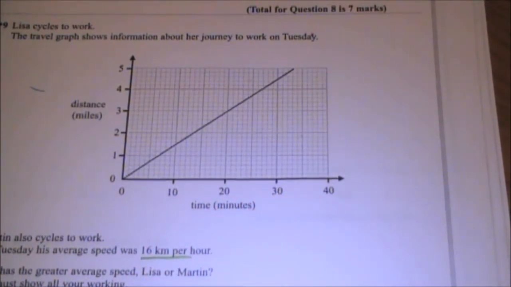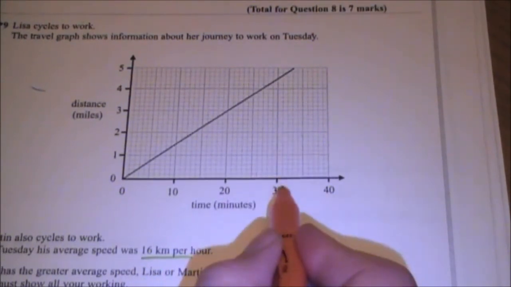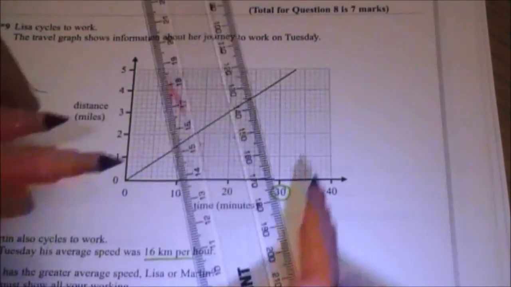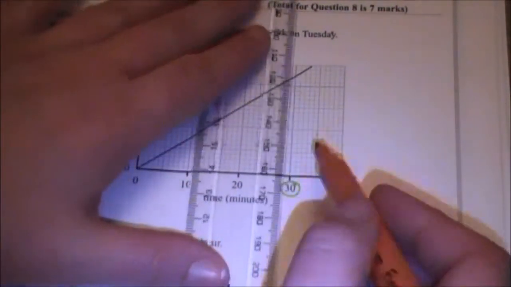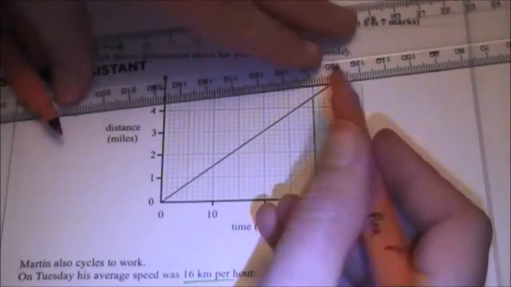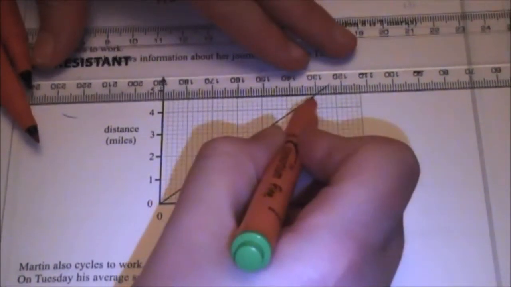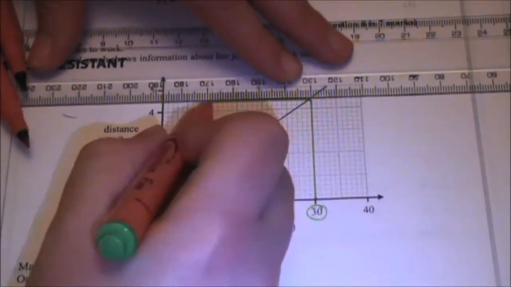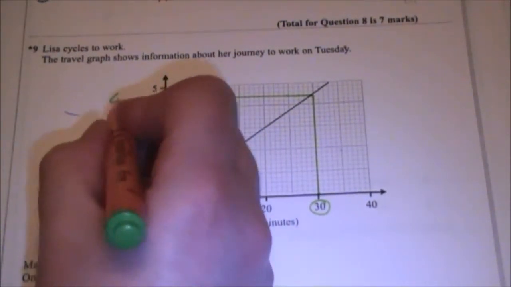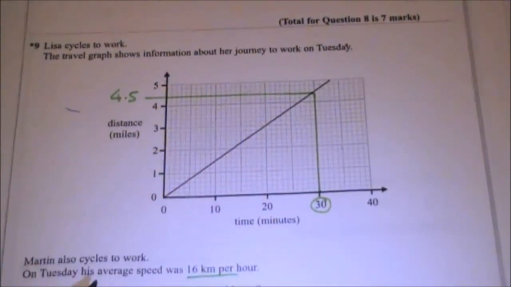However, this is not the end of the world. What I can do is realise that it does have 30 minutes on there, and an hour is 60 minutes. So if I read the value for 30 minutes, that ends up giving me 4.5